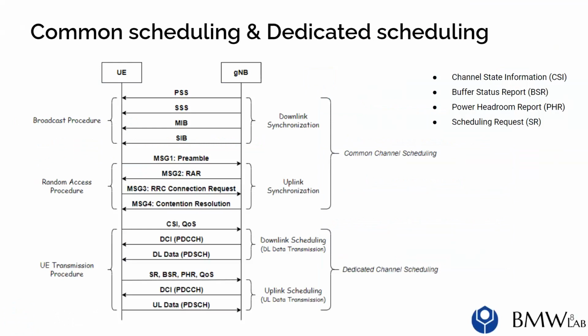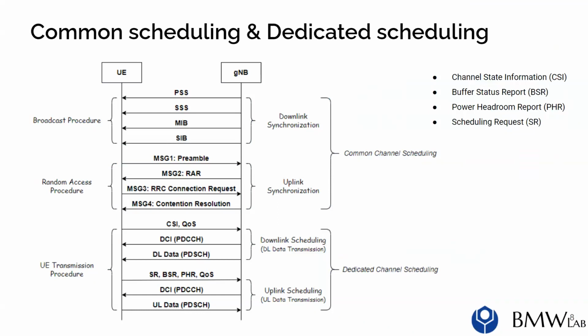Of the communication between two devices, the most important part is to do the synchronization first. So it's also the same in the 5G network. There will be a synchronization between the UE and gNB. First, it will do the downlink synchronization, also known as the cell broadcast procedure. After that, the UE has downlink synchronization with the gNB. And then the UE will do the uplink synchronization with the gNB, which is very famous, and is called